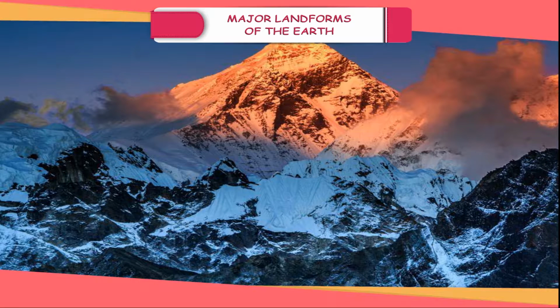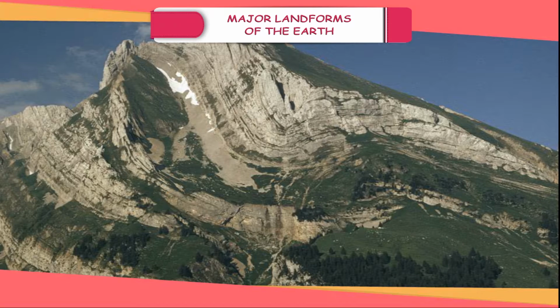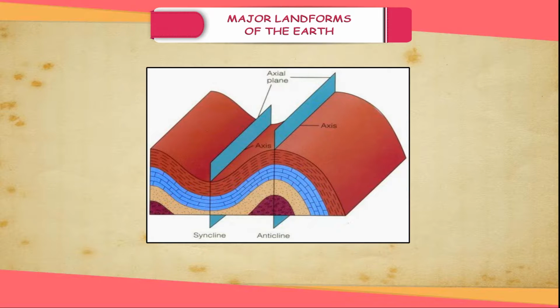On the basis of their origin, mountains are classified into three main categories. Fold mountains. These mountains are formed by the horizontal forces of compression. Due to compression, the horizontal rock strata crumbles into a series of upward and downward folds called anticlines and synclines